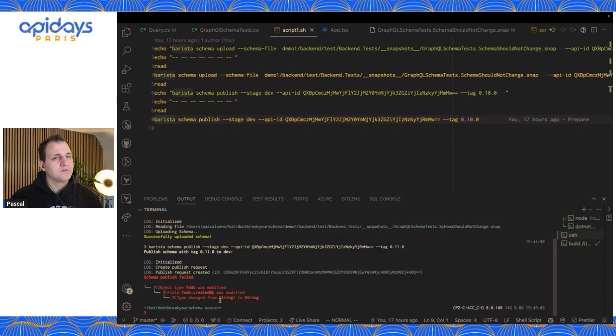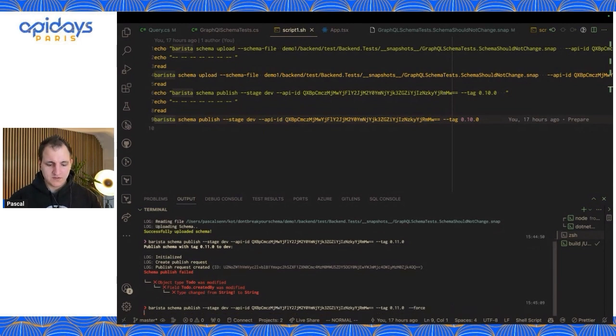We would do this before we release the application. And we see that the publish failed because there was a change on the type on the field created by, and you see that the type changed from string exclamation mark to string, which means that this is a nullability change. We can now force this change and do it anyway, just to show you the